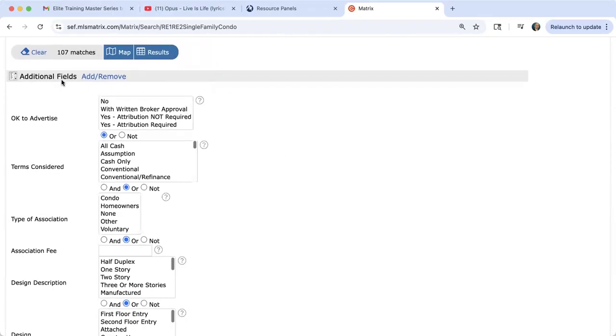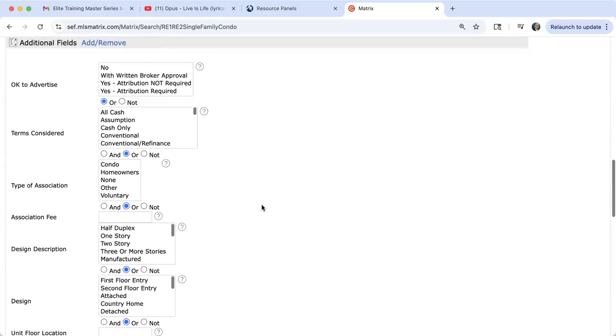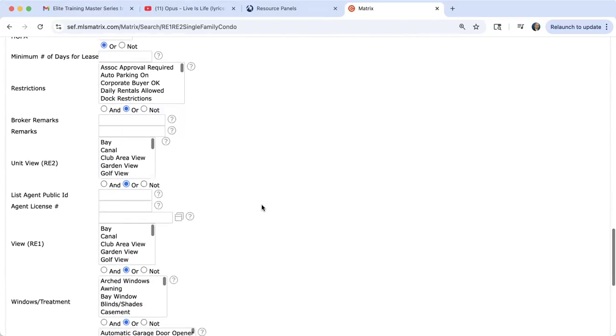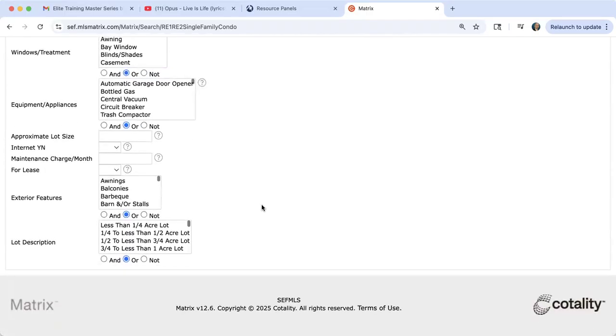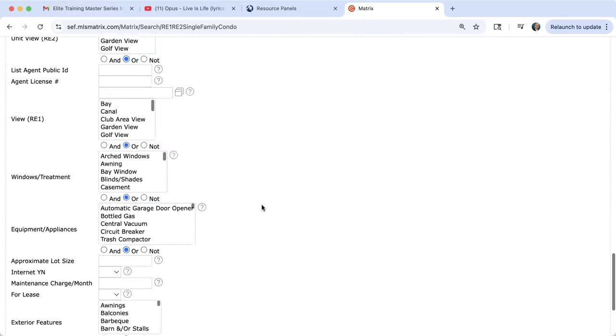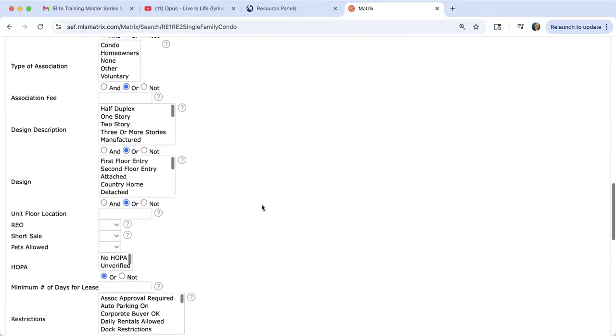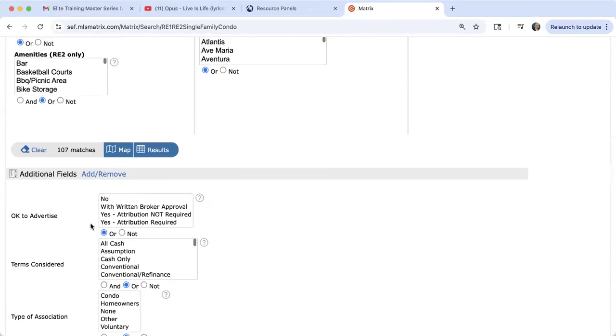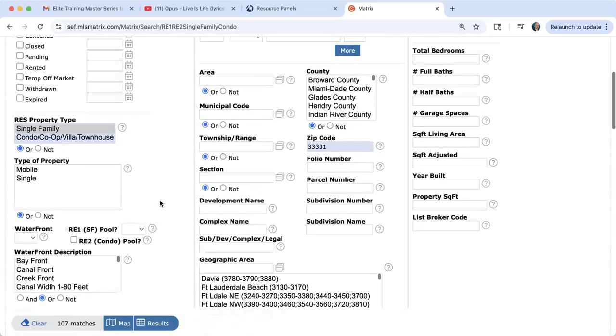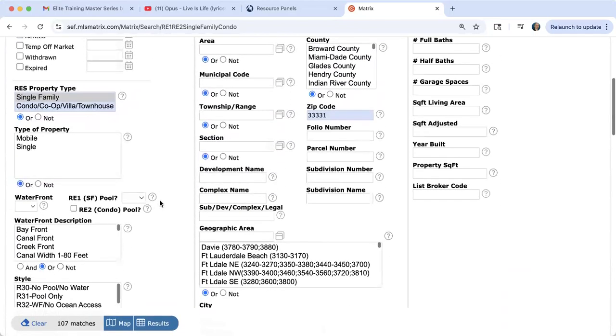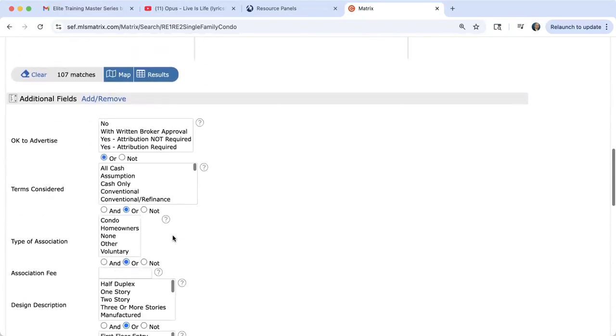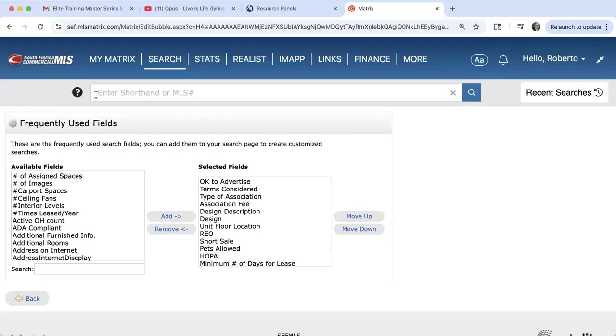All right, underneath the results here, you have additional fields. Okay, take a look at my page. I have quite a bit of additional fields that I have added. You know, that obviously comes with time as you start to add more and more to your MLS search criteria. The additional fields basically is any other criteria that you guys can use for searching that is not in your default criteria. All right, so you want to click on add remove and you want to find the criteria over